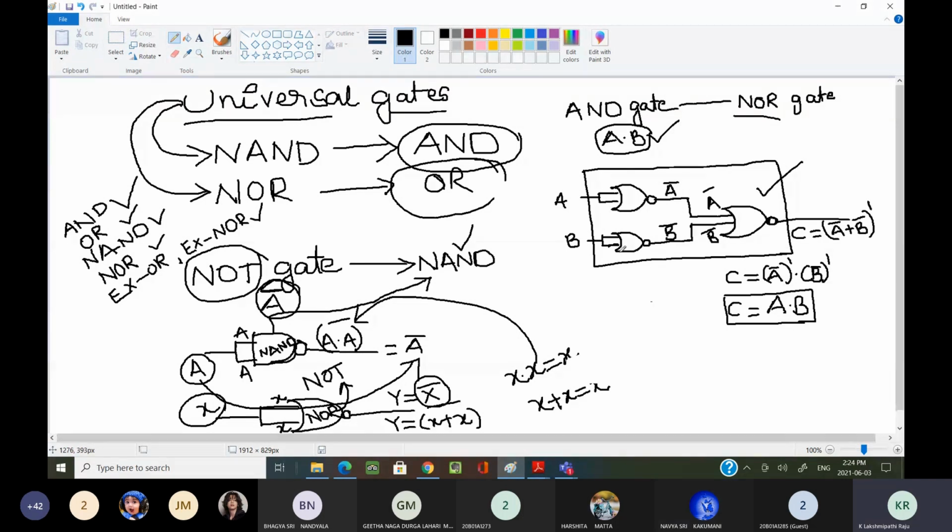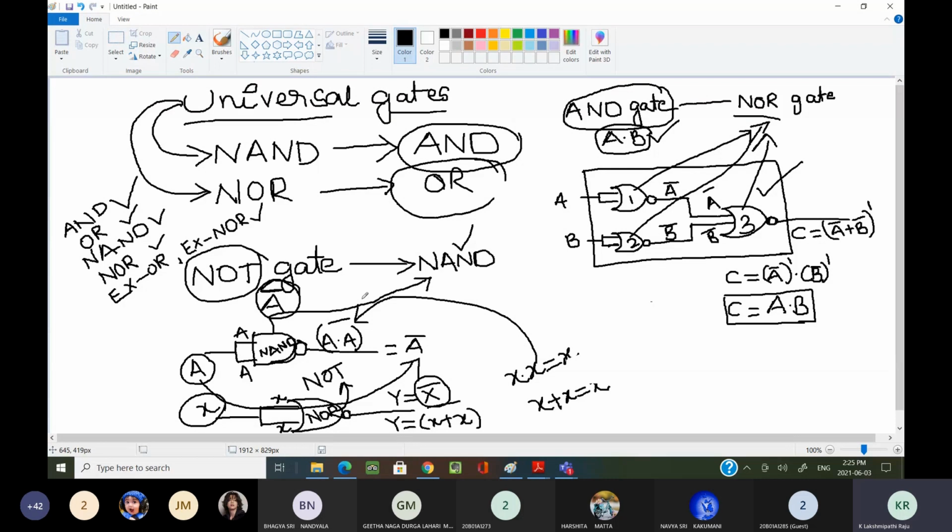Now one more important point. Some people are saying AND gate. Here I have used three gates, and all three are NOR gates only. Whatever gate is asked for, we should use the same gate. All the gates in that circuit should be NOR gates only. That is the meaning of AND gate by using NOR gates.